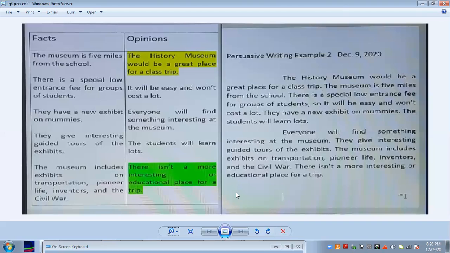Now, when you read this to yourself again, pause the tape and read the two paragraphs together and ask yourself, did we give you good information to make you think the way that we think? Did we convince you? Did we persuade you to have the same opinion that we have? Okay? All right, that's it for